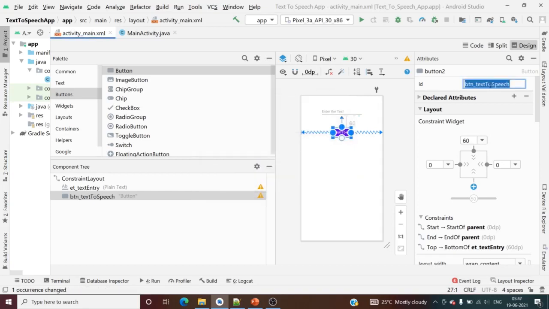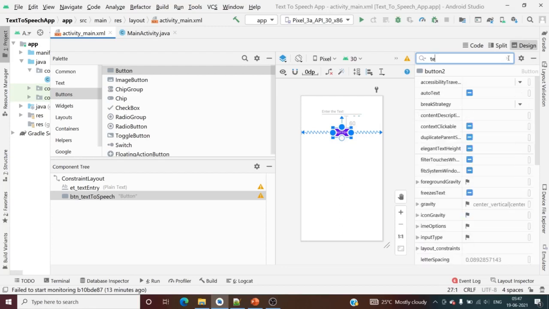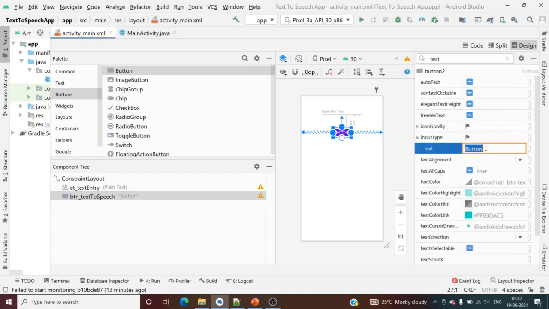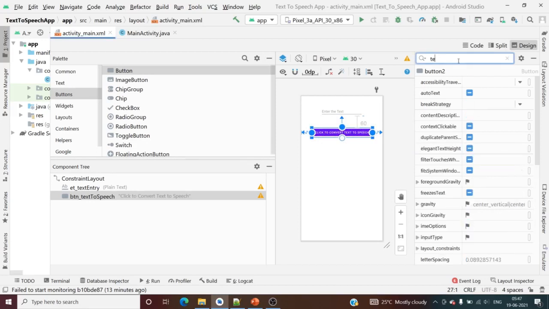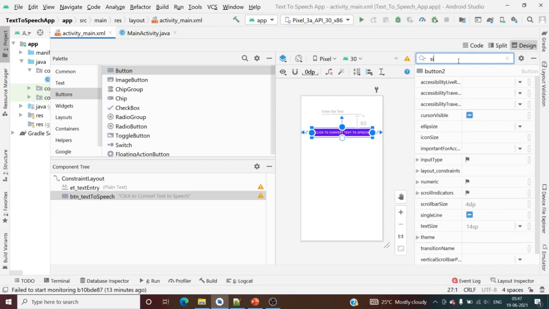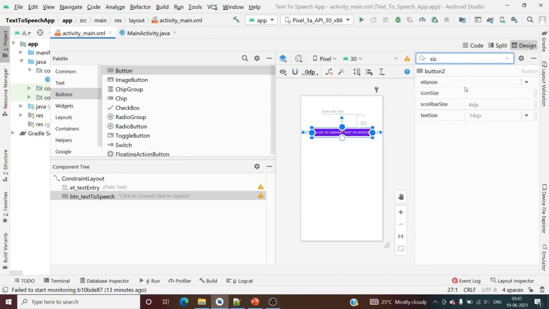Text to speech, right? And what text shall we give here? For the button text I will name it as click to convert text to speech. If you want the size to be slightly more, you can change the size here. 14 is there. Let us convert it into 18.